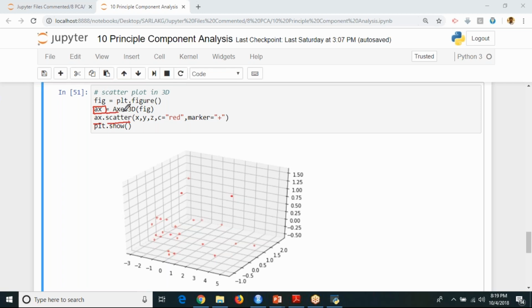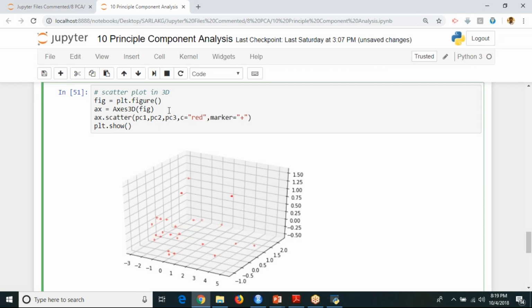Then you can directly use a function called scatter, and here you can change it to PC1, comma... You need not worry about this, because nobody will ask you for plotting PC1, PC2, PC3 or PC4 in real-time implementation.